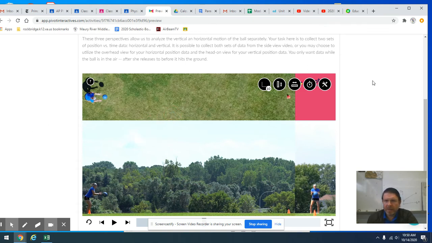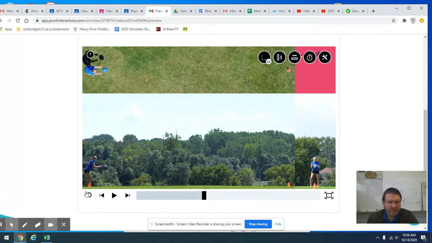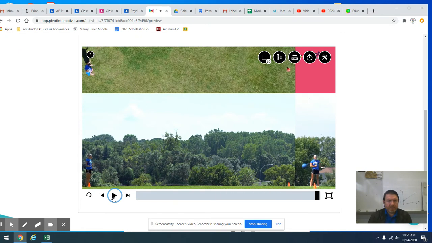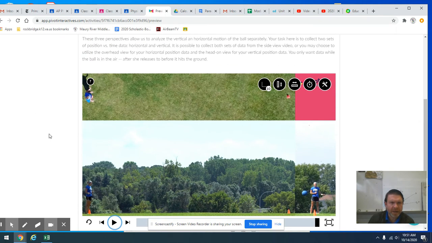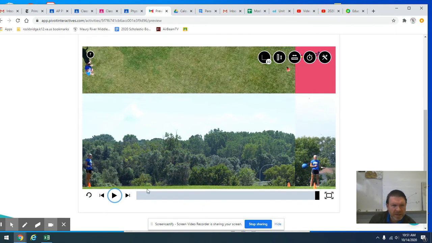And as with any of these, of course, the first thing you should do is go ahead and just watch the video. So there's some young woman throwing what looks like a kickball. And there's some cones there for safety or something. I'm not sure. I guess that's the target where she's throwing to. And it's kind of cool. Actually, it's not kind of cool. It's really cool because it's